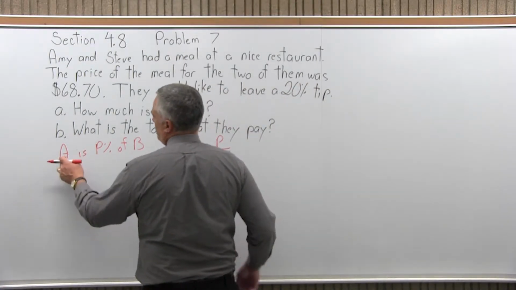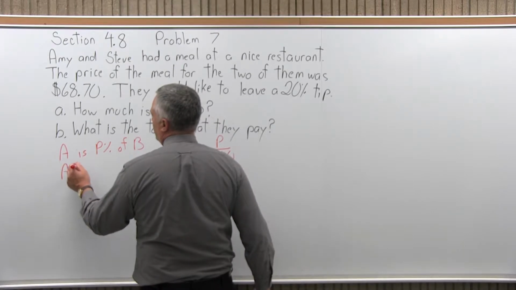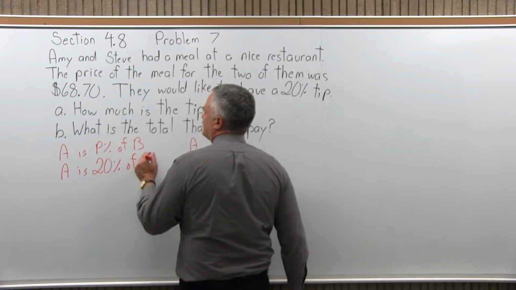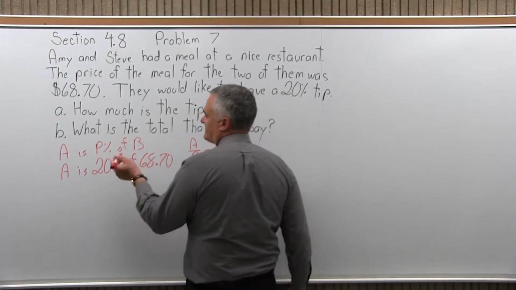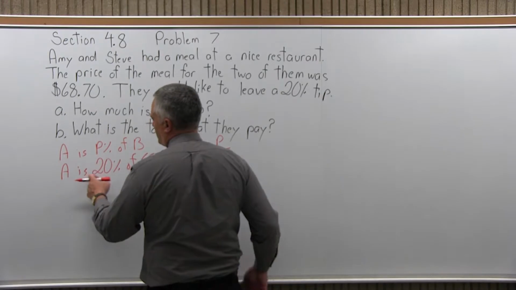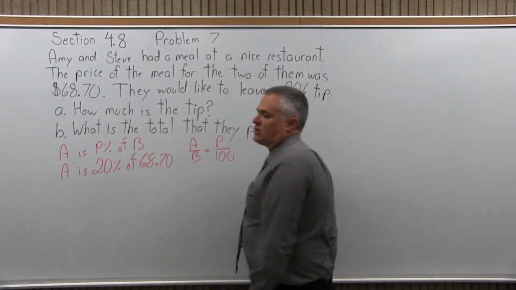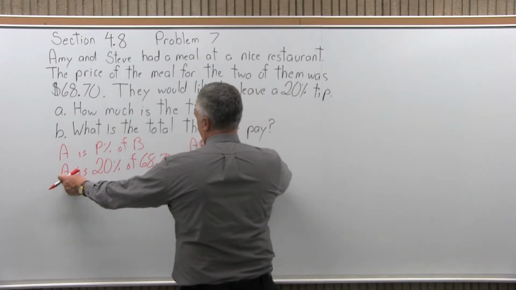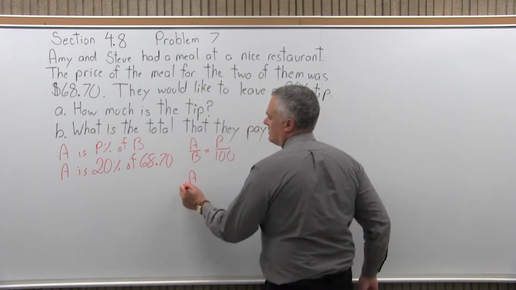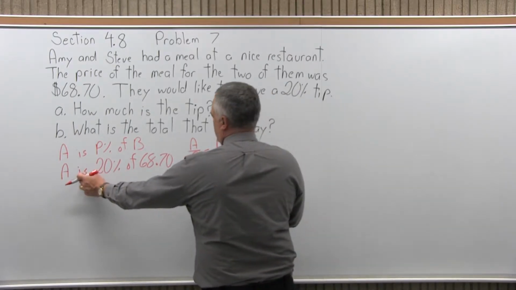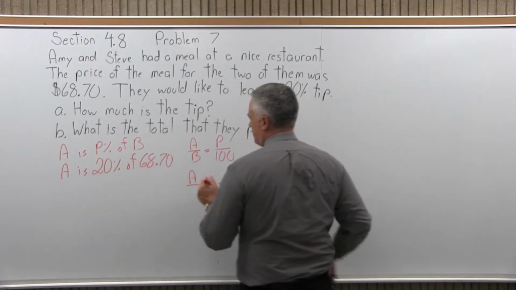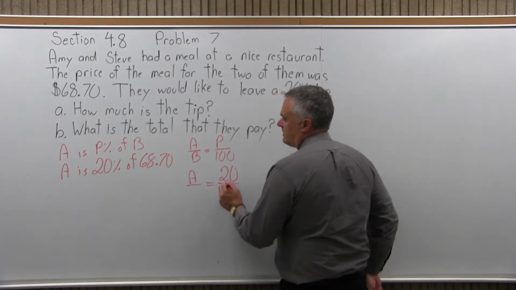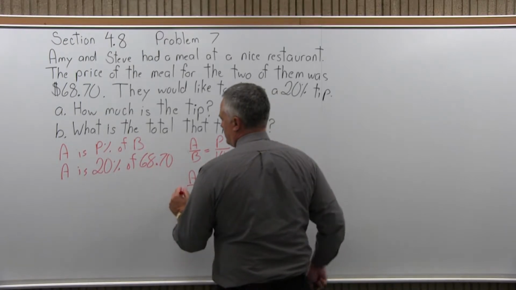So A is the unknown. A is 20% of 68.70. That's A is P% of B. A, the amount of the tip, is 20% of the 68.70, the cost of the meal. So now that I have it written in this form, put it in the formula. A is the unknown, so it can just stay as an A. Equals, that comes from the is. P is 20. The percent is what makes the 100 in the denominator. And the B is